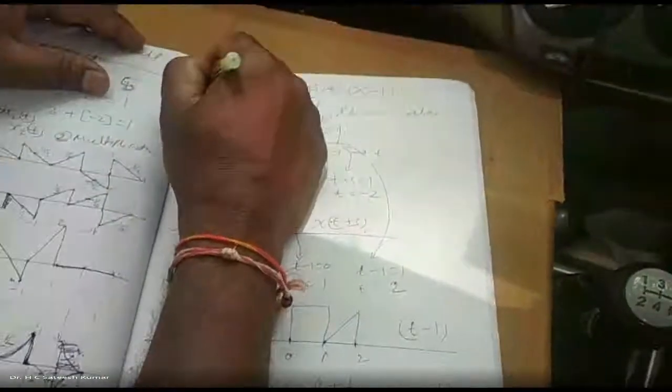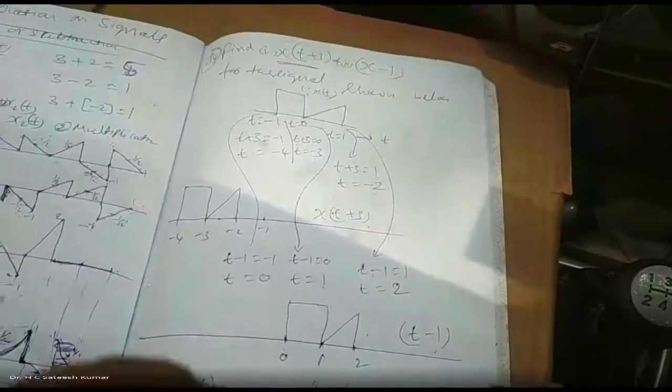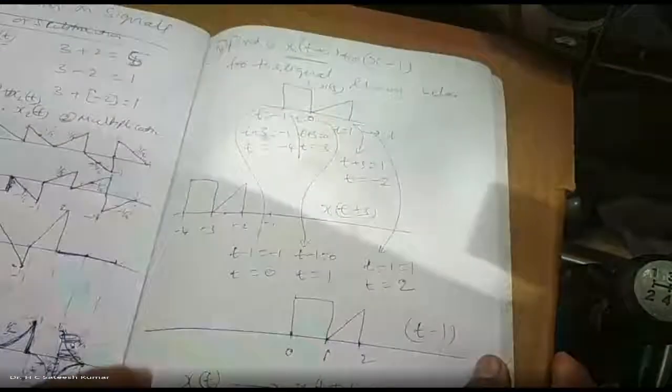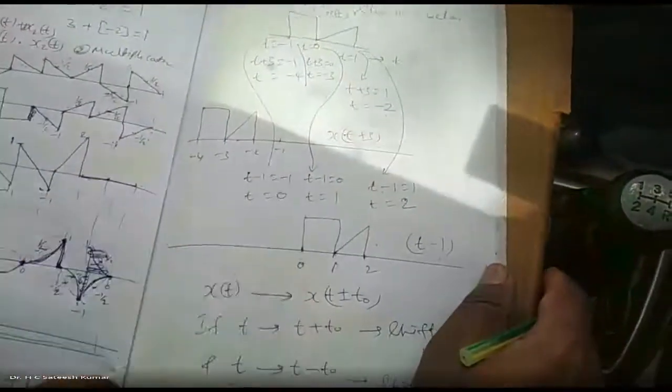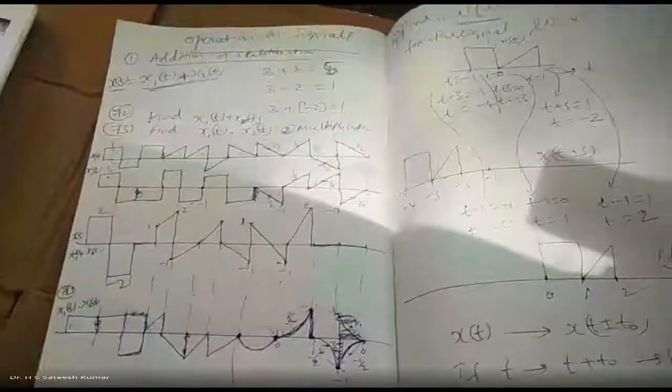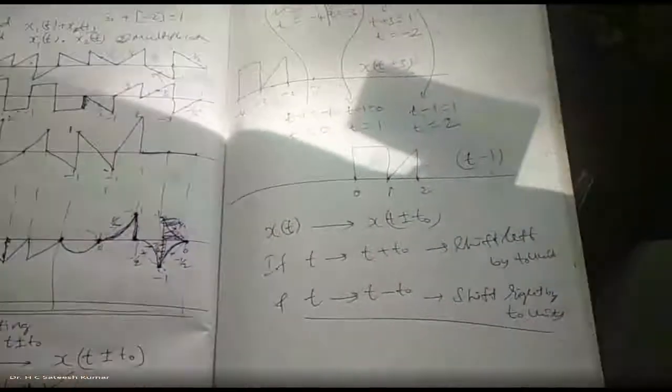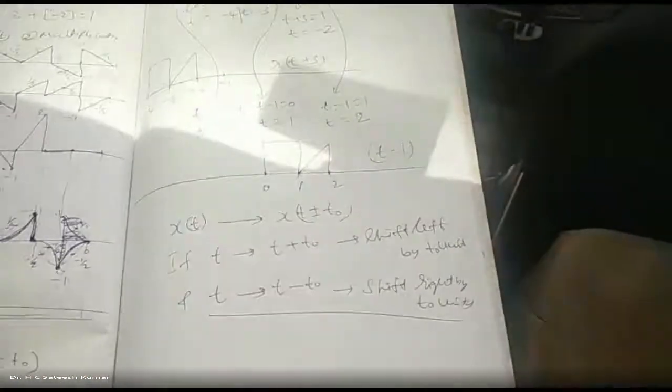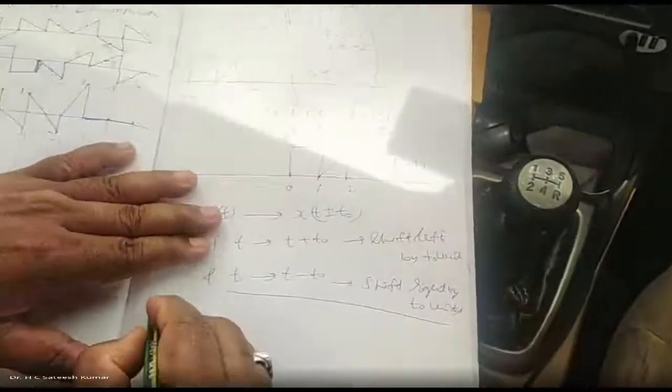So this is one of the problems in the examination. This kind, the shifting properties and how it happens you should understand. But in the examination, no need to worry about it. Just what you should do is when we should shift left and when we should shift right, you should know it. Okay, so that's about the shifting properties concerned. Now let us move on to another property, time folding. Same kind of property, time folding.